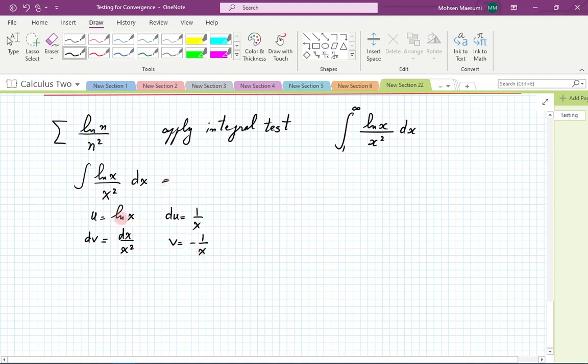So uv is going to be minus 1 over x times logarithm of x, and minus the integral of v du. v is minus 1 over x, and du is 1 over x dx. It is going to be minus logarithm of x over x, and then this is going to be plus